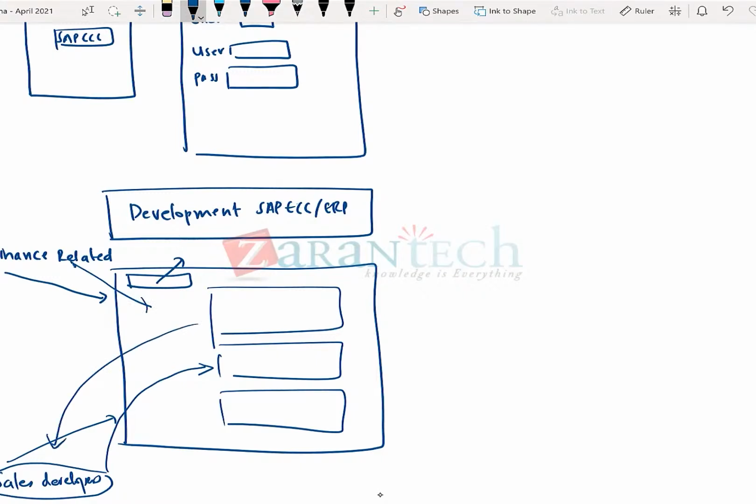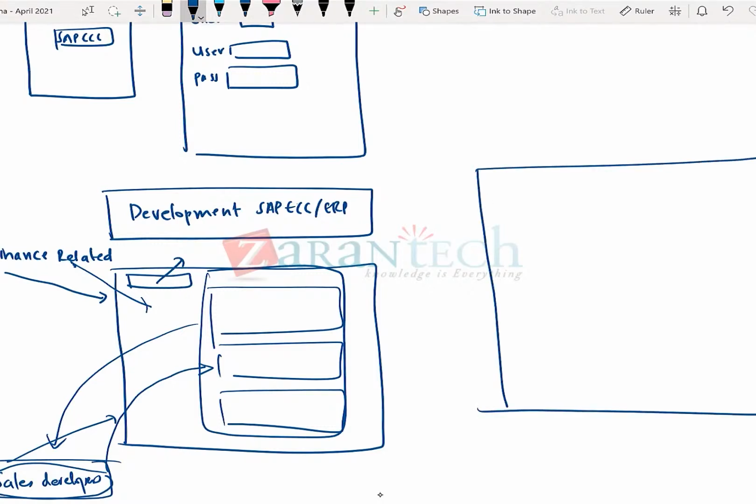Now I could be working on some major changes. I could be changing the screens according to my wish based on the finance changes, and that could have a negative impact on my sales development and vice versa. So in order to isolate the effort done by the finance developers and the sales developers, what typically happens in an SAP world is when they create this development system called SAP ECC,